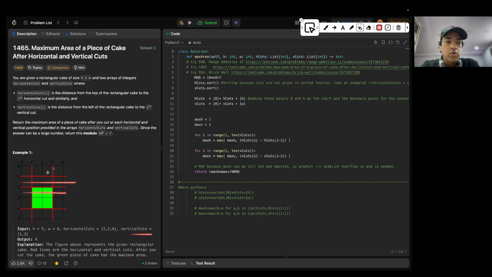So the maximum area of a piece will be based on the consecutive difference between two cuts. The max consecutive difference between any two horizontal cuts will give us the height of this block, and the max of these two consecutive vertical cuts will give us the width of the box. What I did was, there was a mod thing that was being asked in this question,